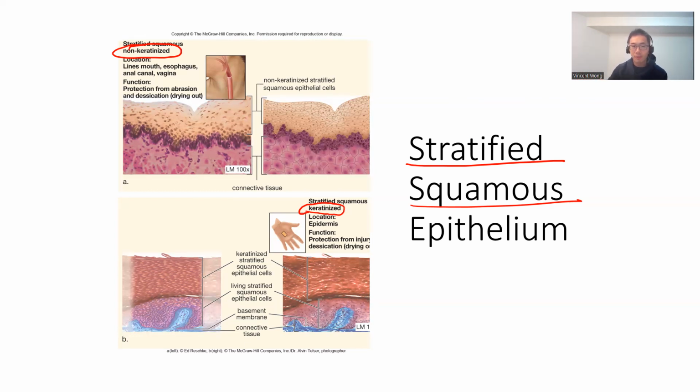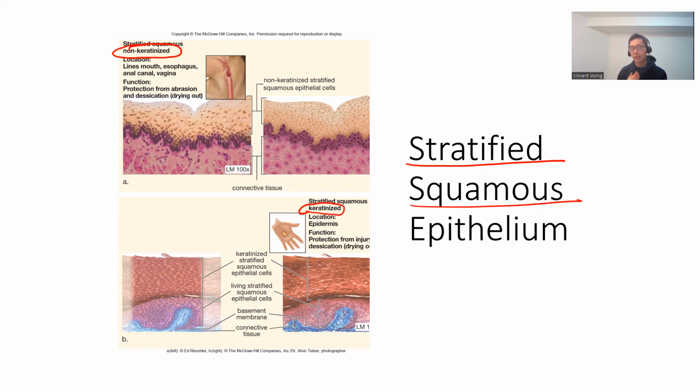And the functions are the same. They protect against wear and tear. They are usually found in locations that are subject to very harsh environments, very extreme temperature, right? So, for example, it makes sense to have stratified squamous on our hands, on our feet, especially the feet. You're walking around all day long. There's a lot of friction, and the skin becomes thicker, right? So when they become thicker, it's basically, you have these stratified squamous that are being formed,